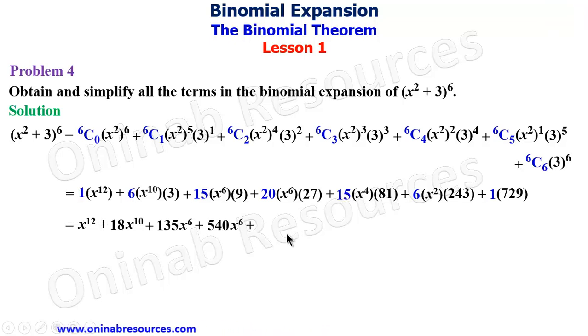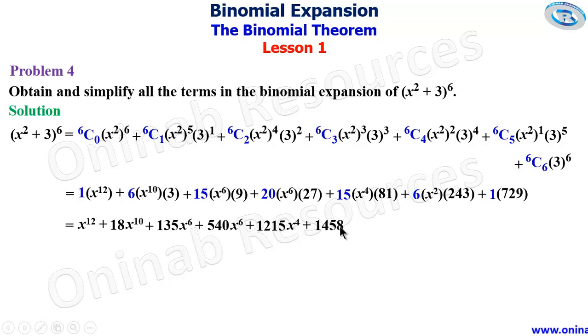Here again we have it as 1215, then x raised to power 4 plus 1458 x raised to power 2, then finally we have it as plus 729. This is the end of solution to this problem 4, and this is where we are ending this tutorial